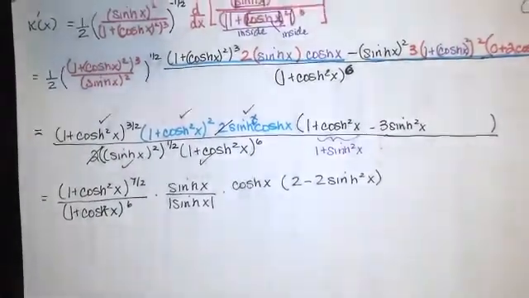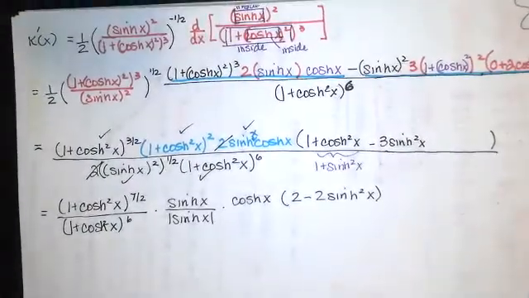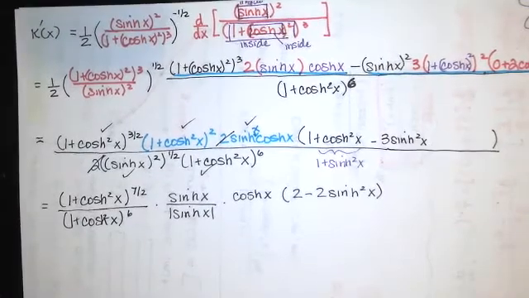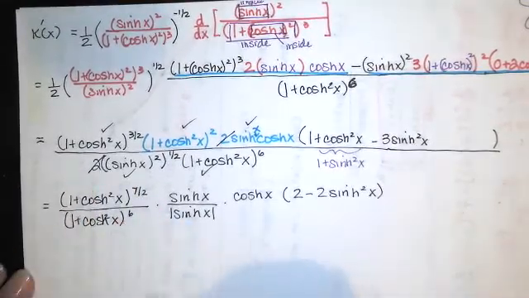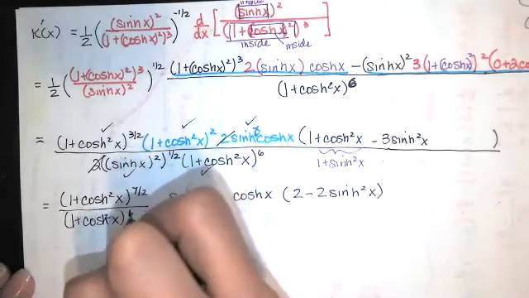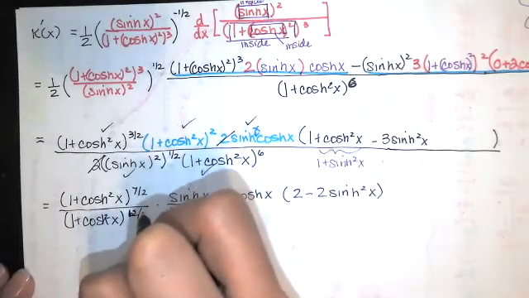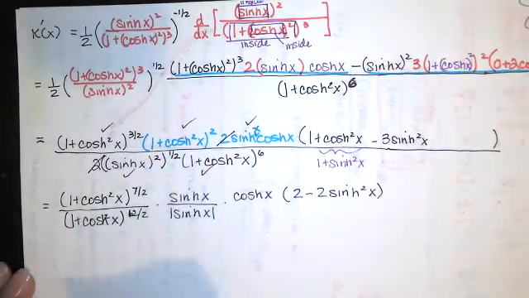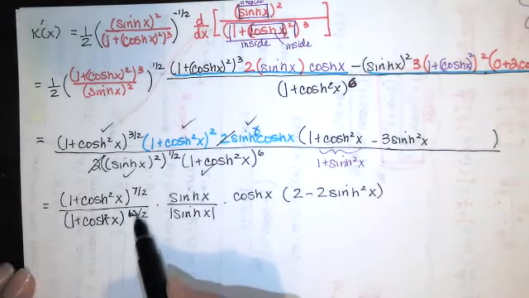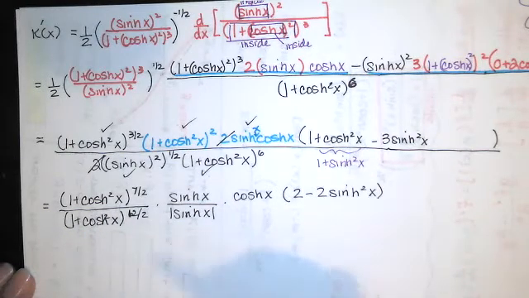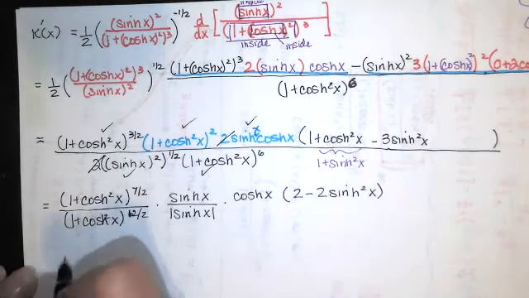So now we want to take this first derivative and set it equal to 0 to find the critical points. Now, this expression can be simplified further. The 6 we can think of as 12 over 2. This is going to give us 1 plus hyperbolic cosine squared to the 5 over 2 in the denominator if we simplified it. That's really not too much of our concern,